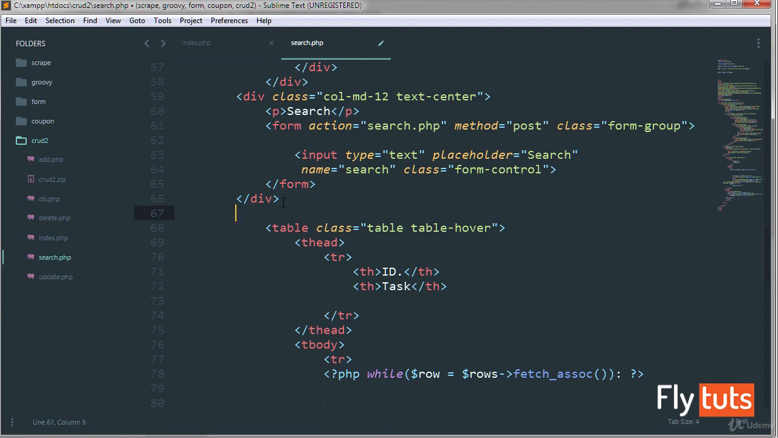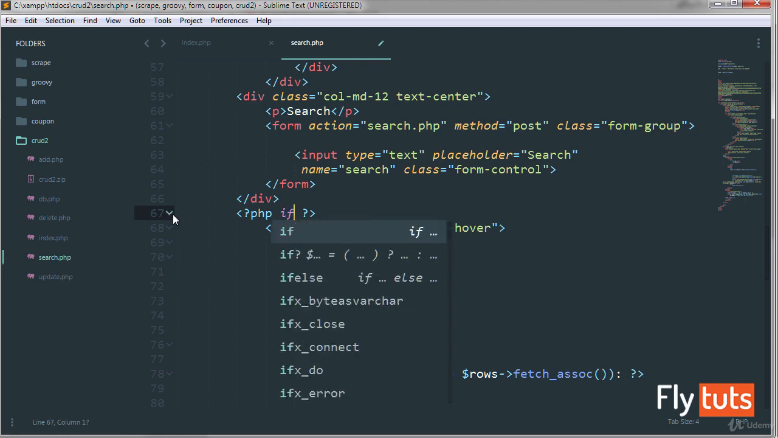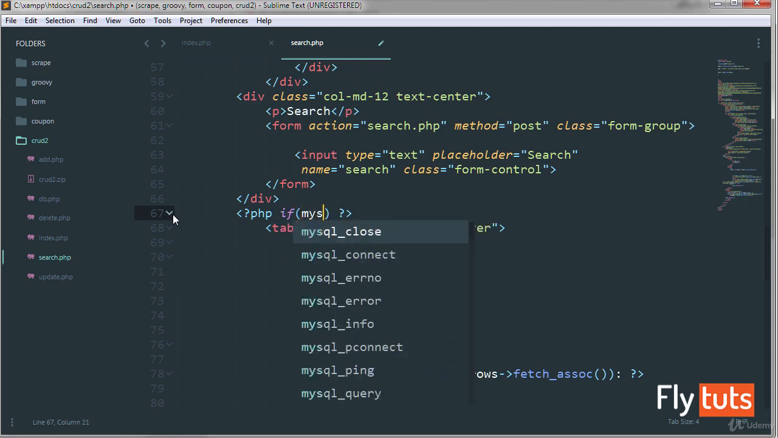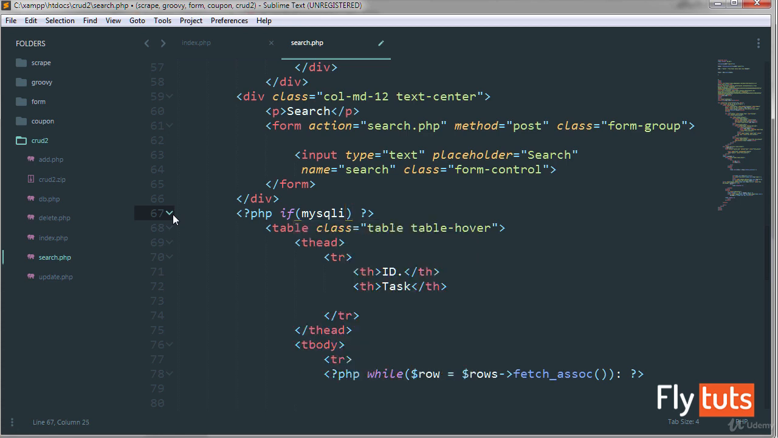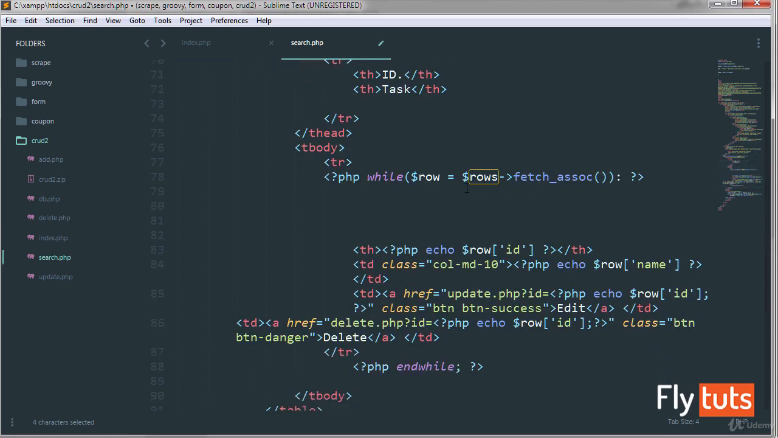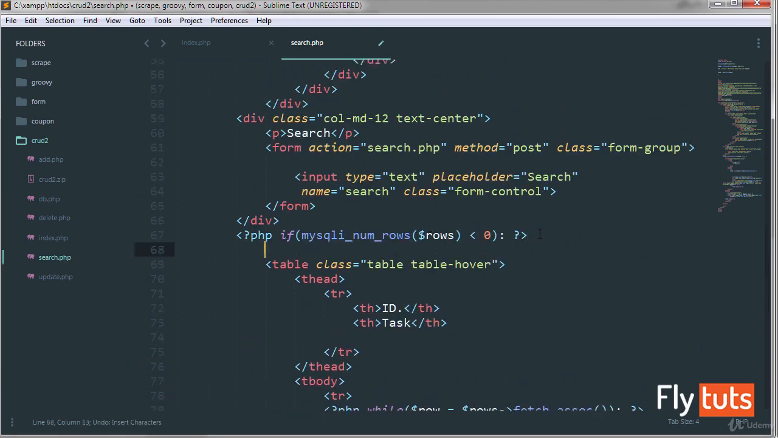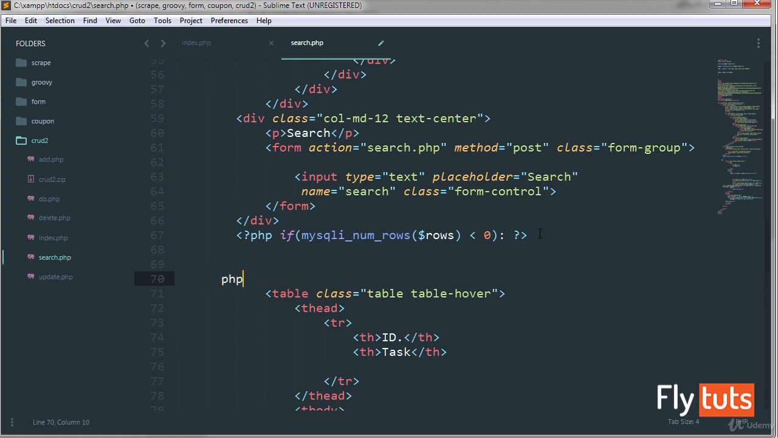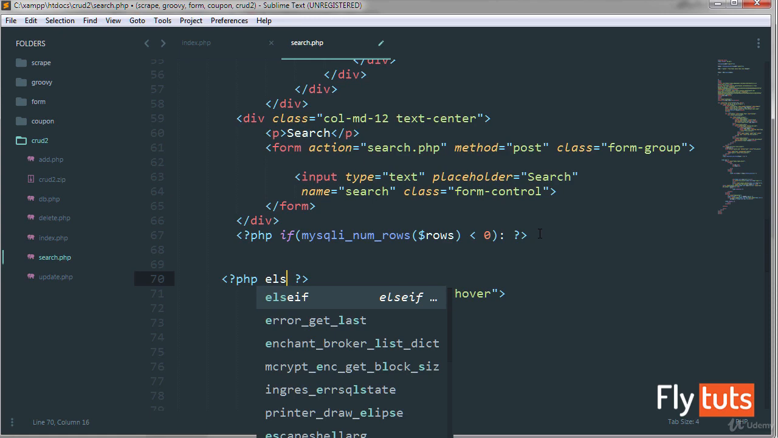But we have to check if we have any result, right? So before we create the table, let's make PHP here and say if mysqli num rows. So this means if there is nothing in the result, this row is here, this is the row whenever we search something. Okay, what will happen here? So this means we don't have any result. Okay, I'm going to say else,